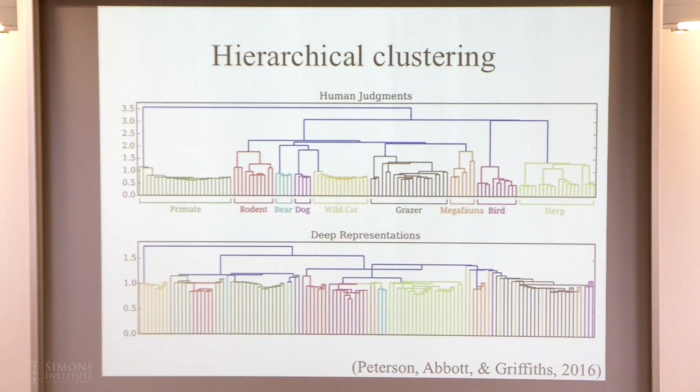One way of thinking about this is that what these distinctions correspond to is basically the taxonomic representation that people have for this domain. So it turns out, not necessarily surprisingly, that if you take a network which has been trained to do the ImageNet classification task, it's learning a reasonable sort of perceptual representation for those objects.